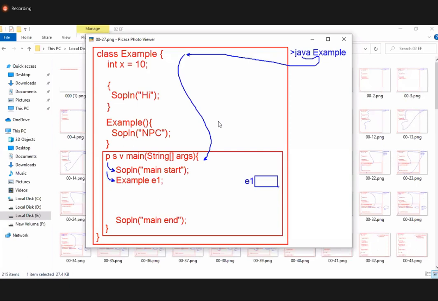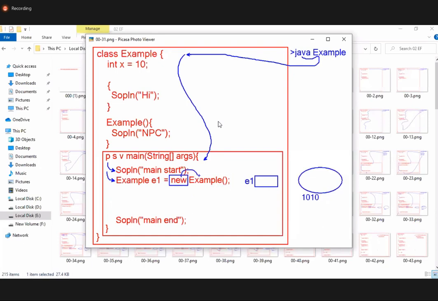If you want to execute non-static members, you must create an object. Object means new keyword. As long as there is no new keyword, there is no object. Either directly or indirectly, the new keyword must be there. Then I wrote new Example. Now the object is created. Because of this statement, what happened? Now the 4 steps are applied. The new keyword will allocate memory for a new instance for the Example